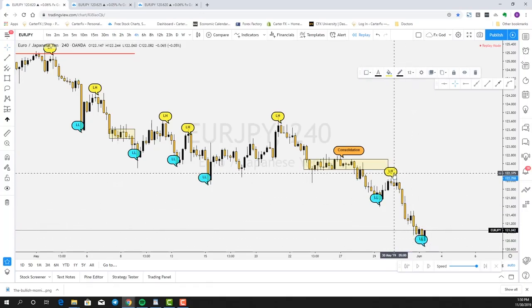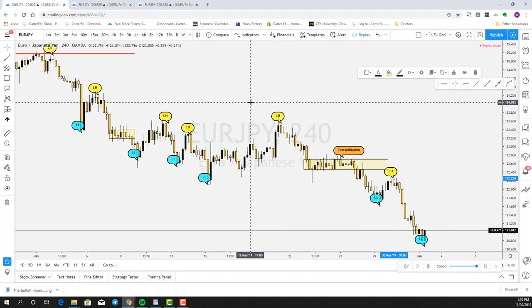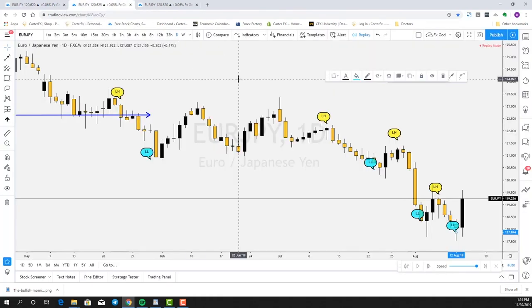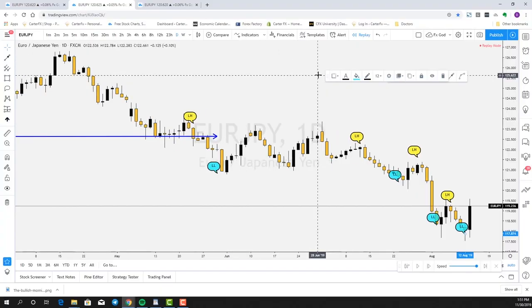All right. So this is how, once again, we can read our structure, understanding complex moves, complex pullbacks inside of our structure points. Ultimately, however, if price does not break, retest, and follow through beyond our structure points, then we have not had a proper structural switch. Now, let's go over to our daily time frame and take a quick look at, once again, another example of